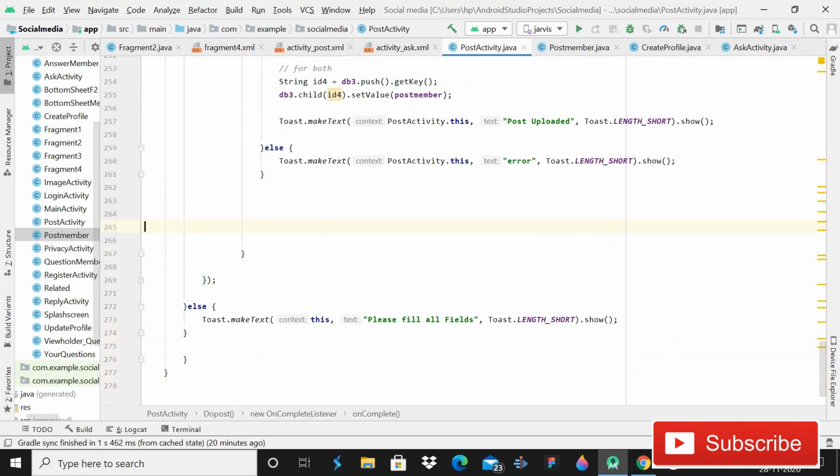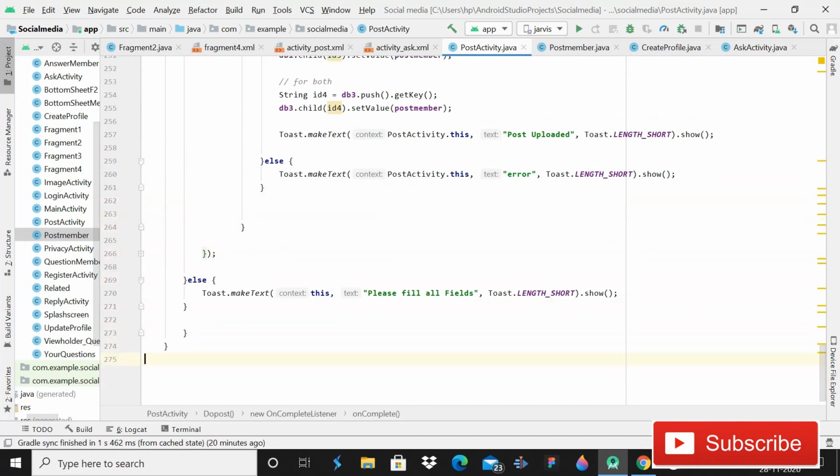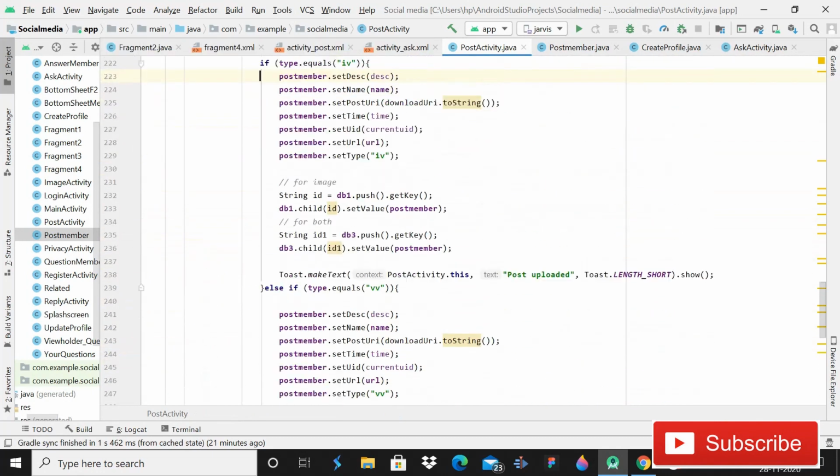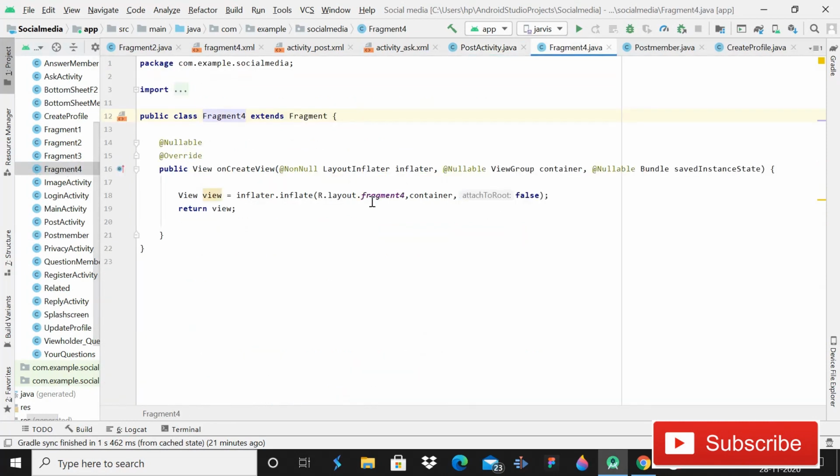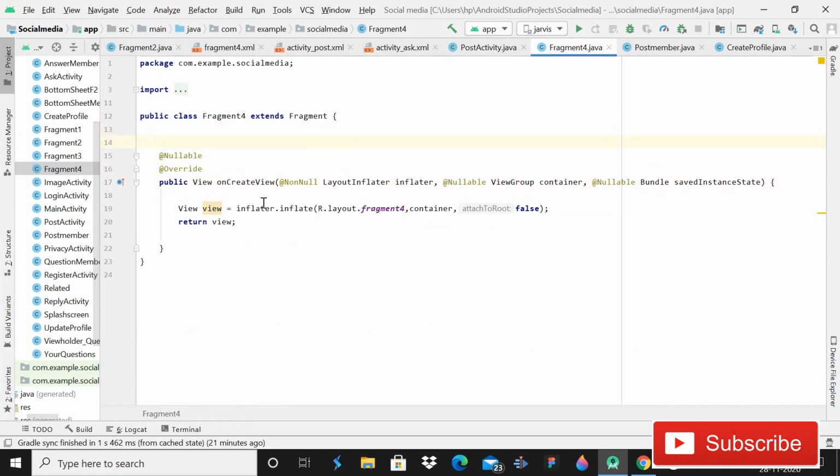So after this you have to go here in fragment 4, because for the button that we have implemented, we have not implemented the intent for going to that particular post activity, understand.